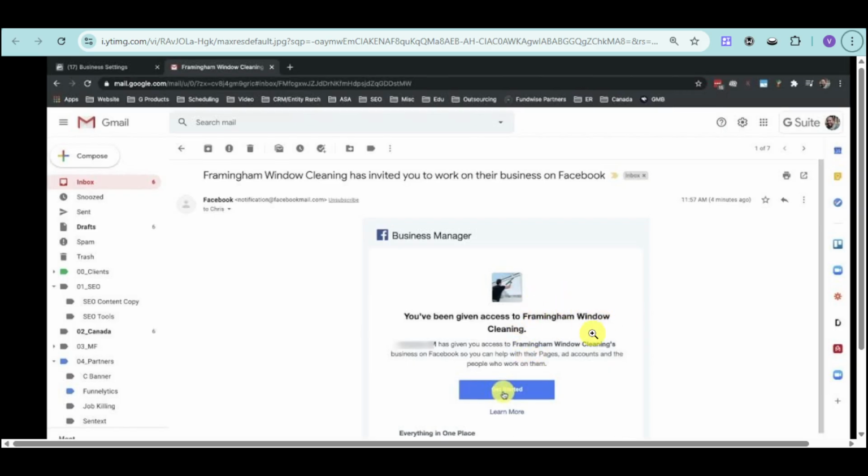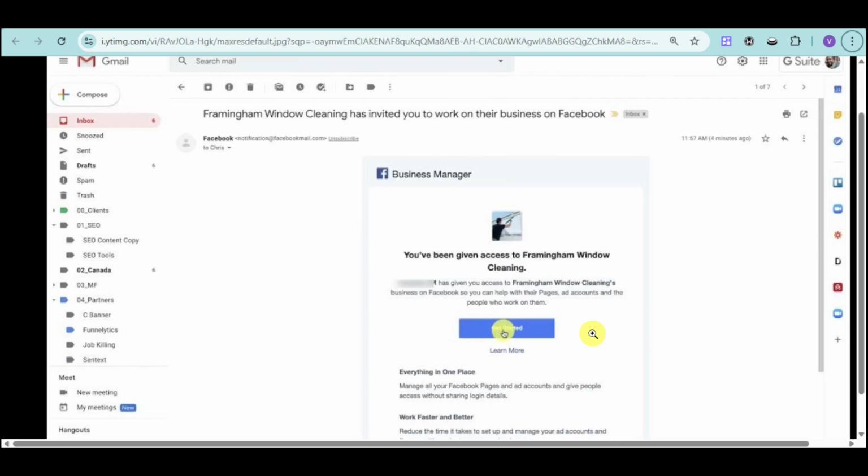The email for that looks like this. You just need to head over and see that particular email that you have received. Then click onto this Get Started right here. You should be able to see that for the Facebook Business Manager, you will be given access to that particular business that you can see on the email. Click onto the button and then just follow the on-screen instructions in order to successfully be accepted for that particular